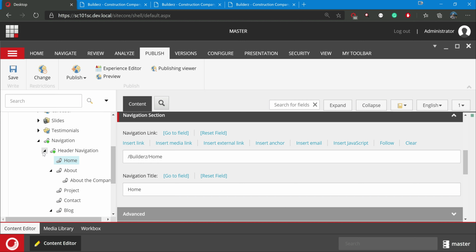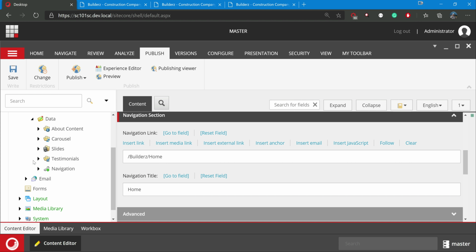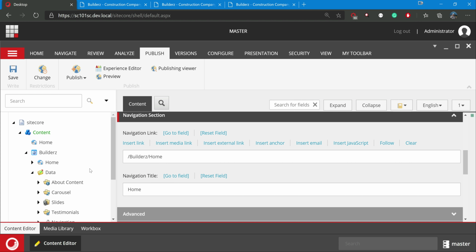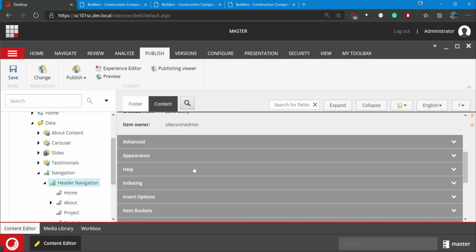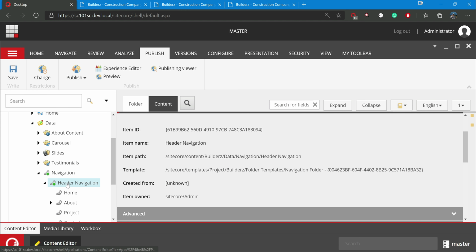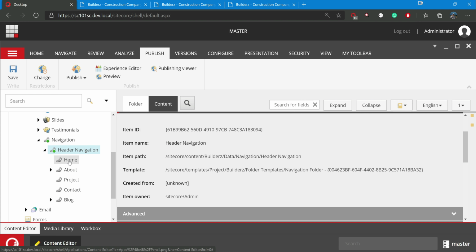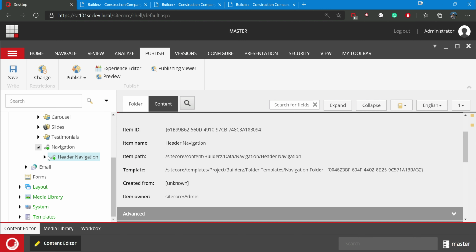And according to the templates, we build the presentation details, and we added the data source. Here the data source would be the navigation folder. So under the navigation folder we mentioned, it reads the children. This can also be built as a composite structure, where you build another item and mark that as a data source, and on that item have this navigation as a multi-list or some other tree list and map that. That is also possible, but this is much easier, rather than creating an extra item.